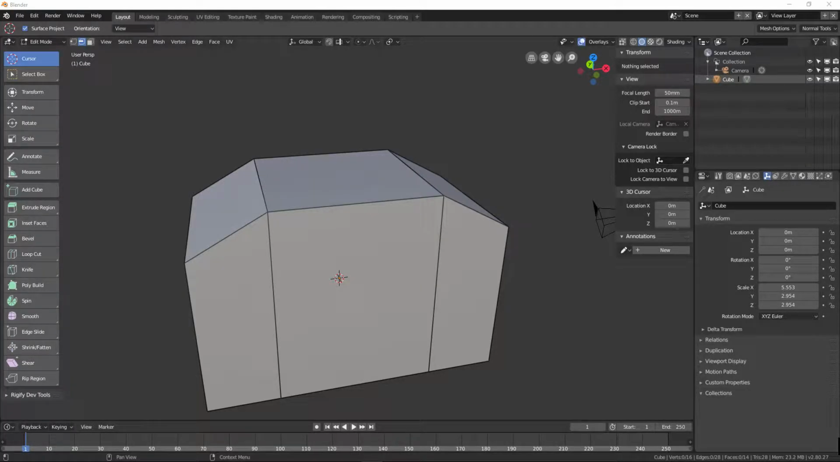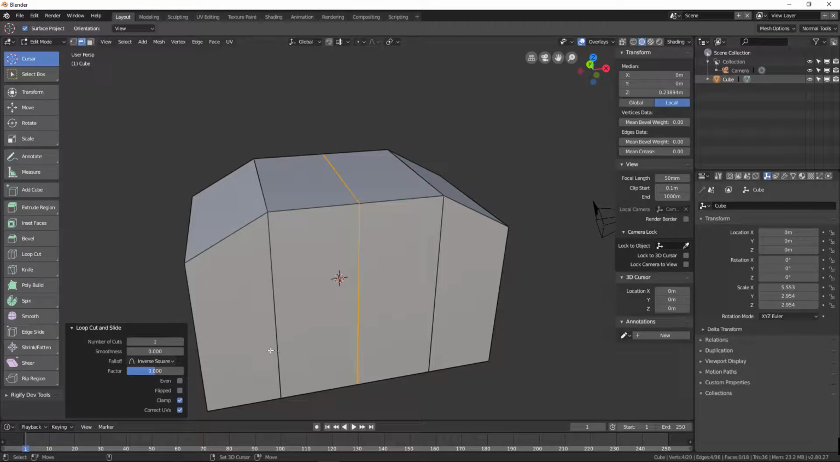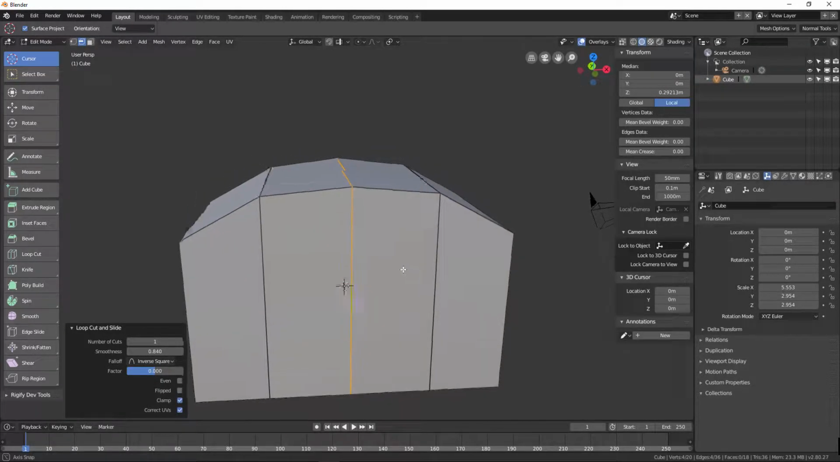I've been getting an issue in Blender where I'm getting a behavior which I think is not correct. And the tool is loop cut and slide. If I have this cube which has a face which is slightly above the vertex, if I insert a cut and then use the smoothness, I get this